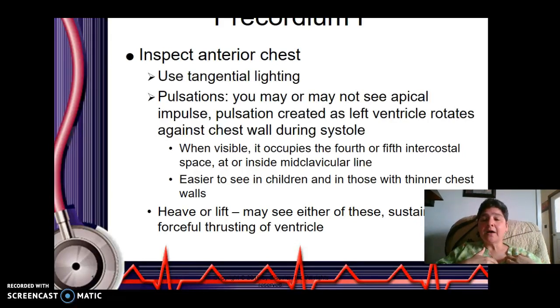So if we counted down to the 5th space and went about mid-clavicular line and drew a straight line down, that is where we might see it. Harder to see in women because of the breast tissue or somebody who is obese. Usually you can see it in children and sometimes